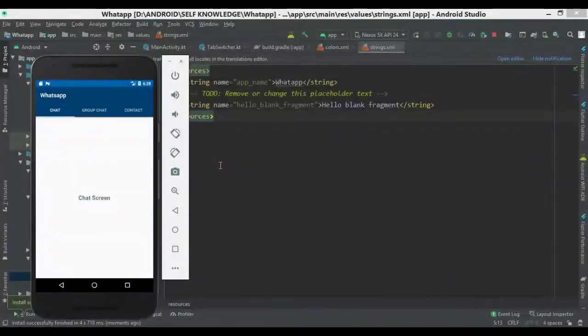Users, in this video I am going to tell you how to switch the screen between main activity and login activity. When the user is currently not logged into the system with the email address or mobile number, we cannot directly redirect the user to the main activity. So we are creating the new login activity, and if the user is not logged into the system, then we are redirecting the user to the login activity, or else if the user is logged into the system, then we redirect the user to the main activity.